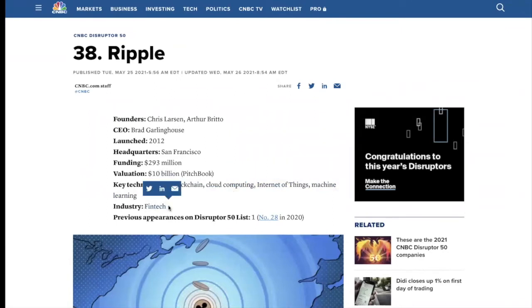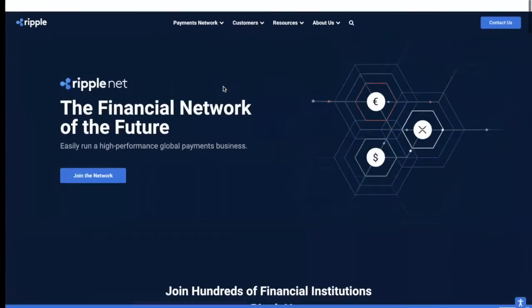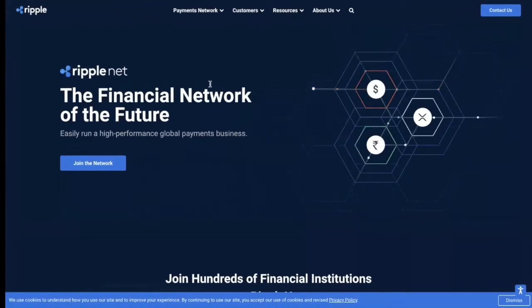They solve problems, and we'll talk about problem solving a little down the line. They solve financial technology problems. Okay, they're one of the leaders in solving these problems. Actually, CNBC rated them as one of the top 50 disruptor companies in the world. Now, let's look more into this company. Okay, now Ripple Labs, they have financial products. We've already established that they are a fintech